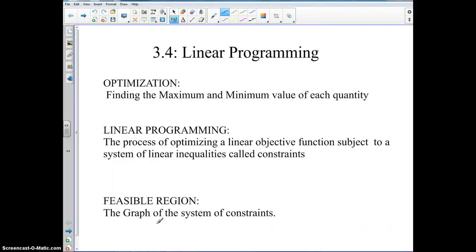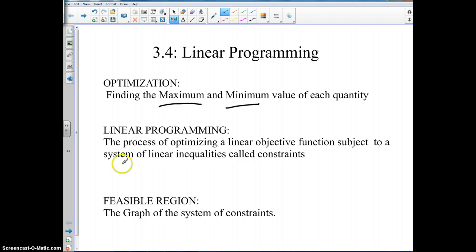Well, for the next couple minutes, guys, what I want you to learn about is linear programming. The big idea of linear programming is optimization. When I look at optimization, what I'm trying to do is find the maximum and minimum value of each quantity. Linear programming is the process of optimizing a linear objective function subject to a system of linear inequalities called